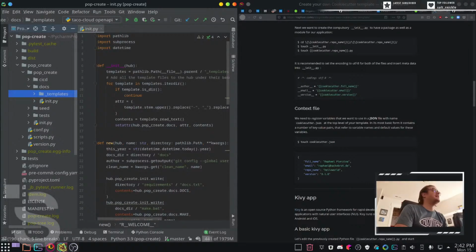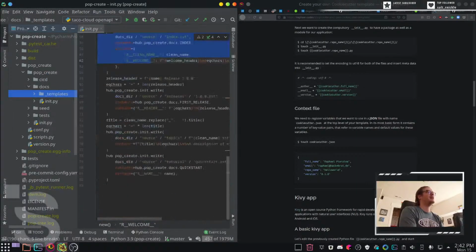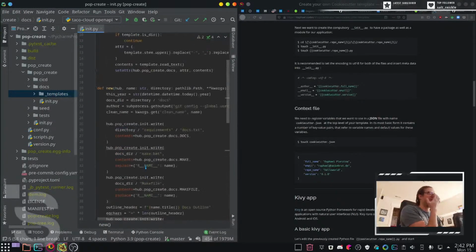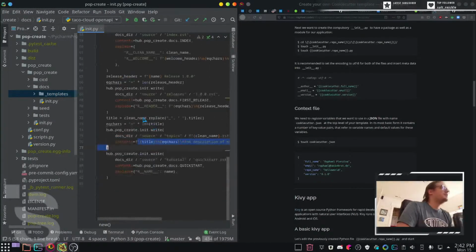So I think that we have a lot to gain from cookie cutter. It'll make pop create much more maintainable in the future, because right now if you're going to edit it and you're like, what's this R header and this R source, it's just so all over the place what you need. So